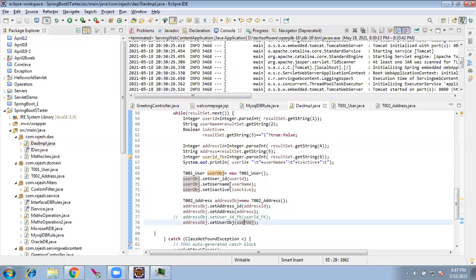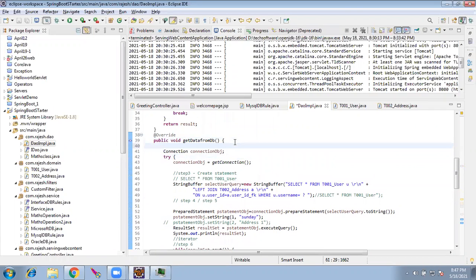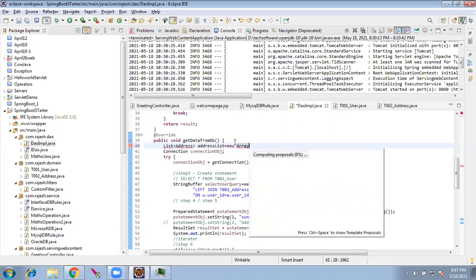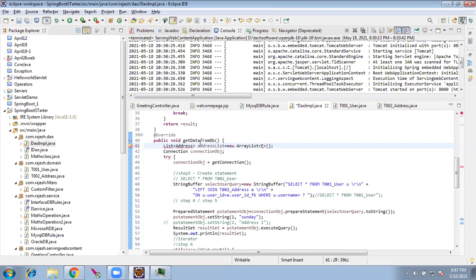Okay, each object will have its own details. We are dealing in objects now. So when I am forming this, I will create a list of address, the code in Java: address list equal to new ArrayList of address, java.util.List.